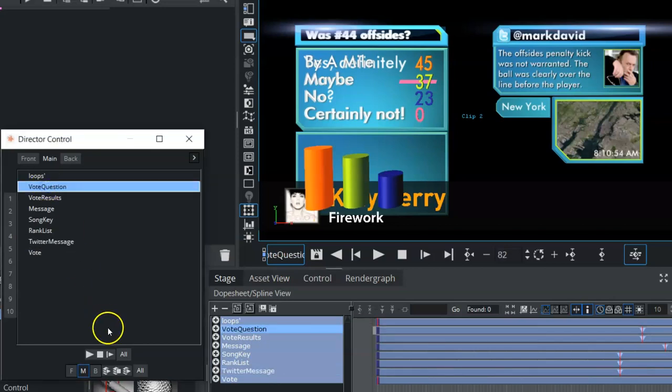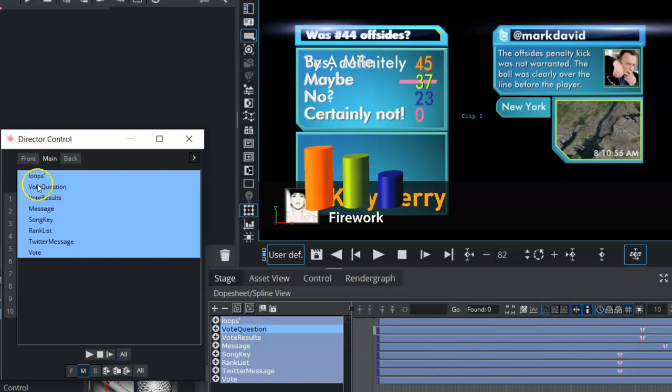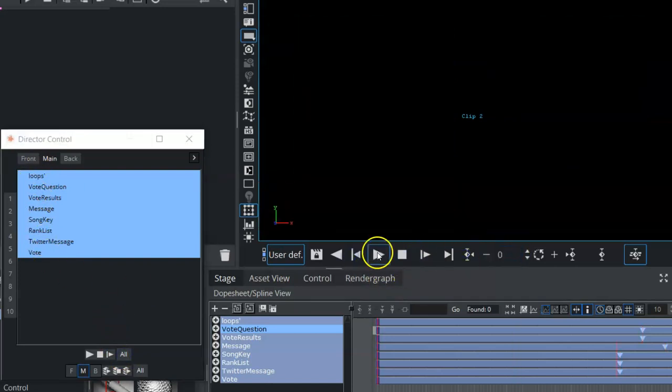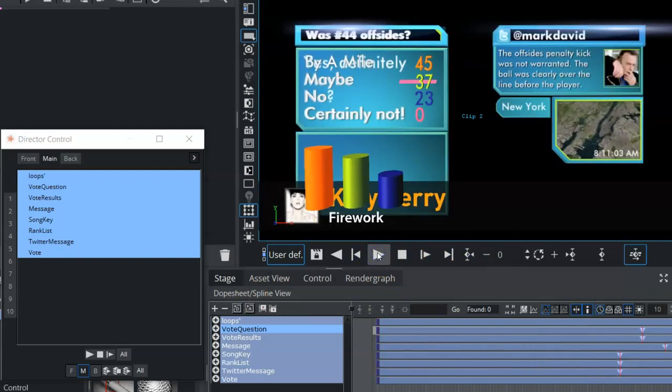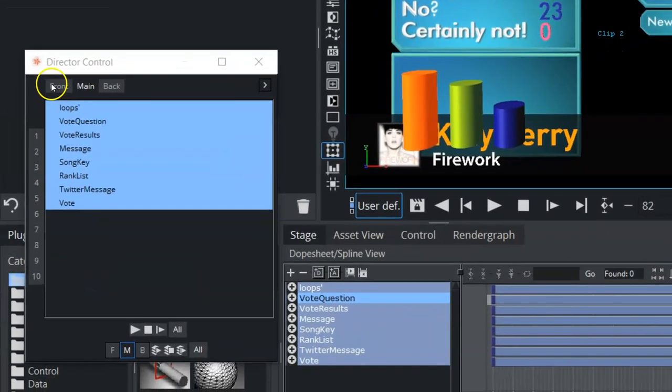We could also come in and select all, and that's going to select all of them. Now when we rewind our timeline and hit play, it's going to play them all together, and sometimes you may want this. So up at the top of the Artist Control Panel, we have our front, main, and back layers. You can see our main layer is highlighted because all of our directors are on our main level. So the front would list everything that's in the front layer, and the back would list everything that's in the